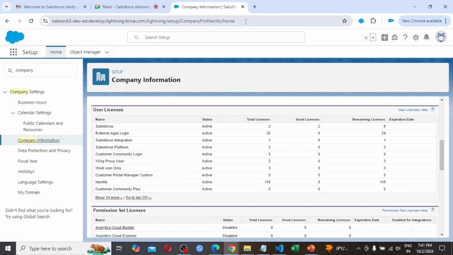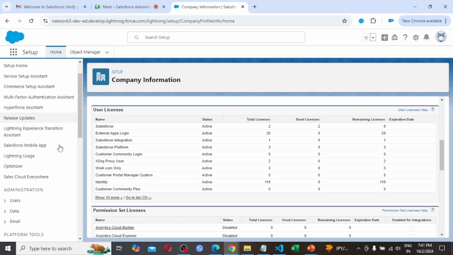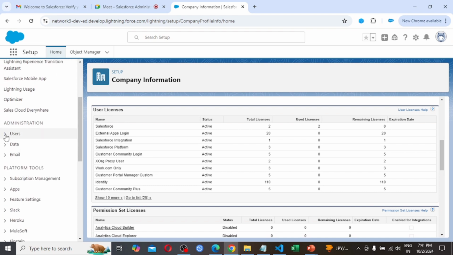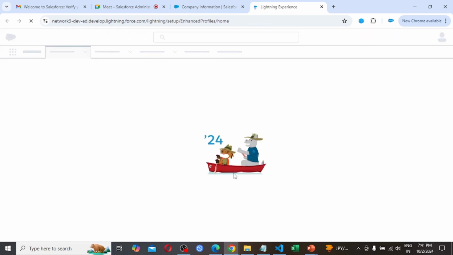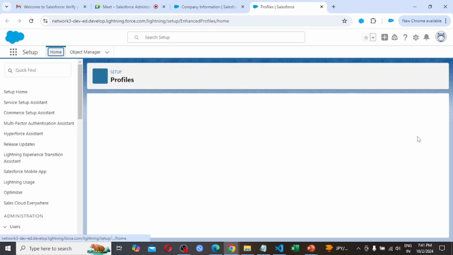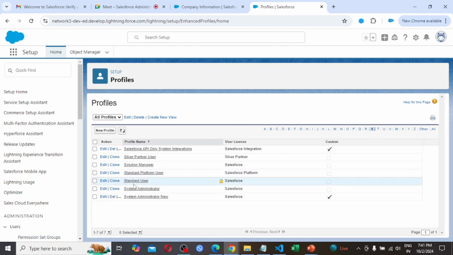So next, I have to edit the profile. In the administration, click users, expand this, click profiles. Here profiles is getting opened. As we had already created the profile by the name system administrator new, simply selecting the S displays all the S-related profile names.